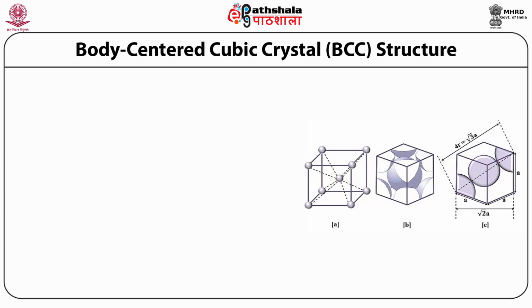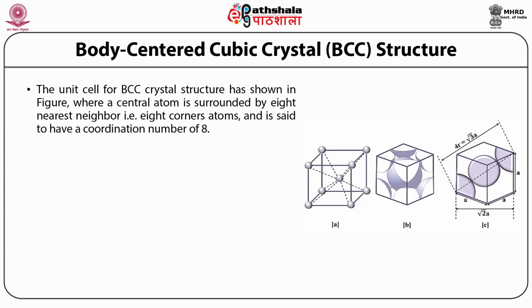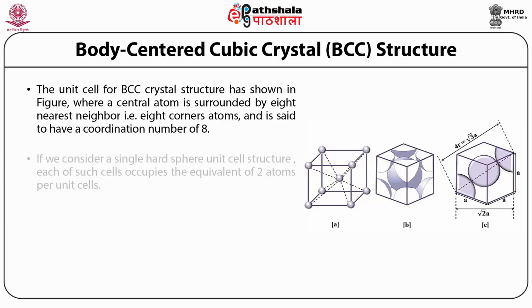Body-centered cubic crystal or BCC structure. The unit cell for BCC crystal structure has been shown in the figure below, where a central atom is surrounded by 8 nearest neighbors, that is 8 corner atoms, as evident from figure A, and is said to have a coordination number of 8. If we consider a single hard sphere unit cell structure from figure B, each of such